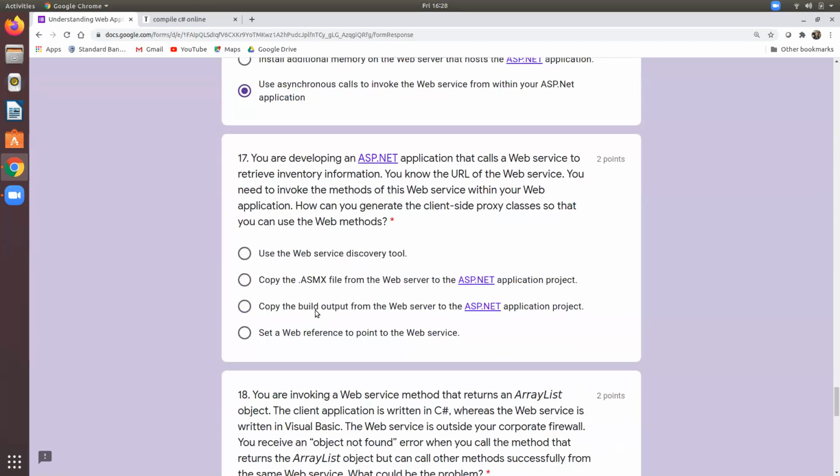Okay. 17, you are developing an ASP.NET application that calls a web service to retrieve inventory information. You know the URL of the web service. You need to invoke the methods of this web service within your web application. How can you generate the client-side proxy classes so that you can use the web methods? Okay, this one,